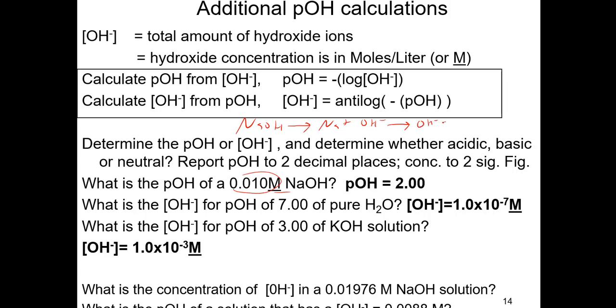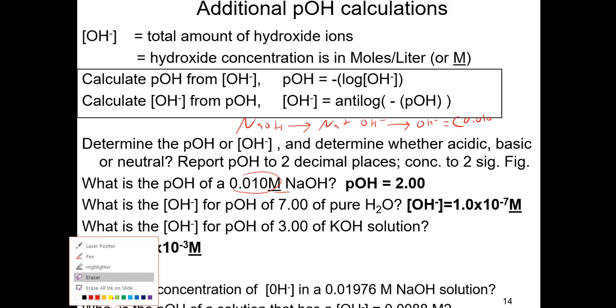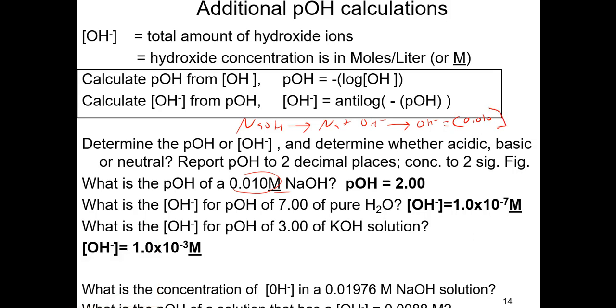So I'm just going to go ahead and do this. Hydroxide is going to be 0.010. Whoops, I don't need that molarity thing there. Let me erase that really quick. Just put the brackets, because brackets mean molarity. Now I need to turn that into pOH. So, very easy. Use the same negative log that we used for pH,